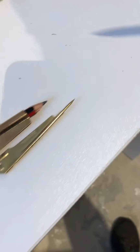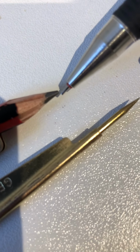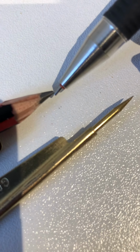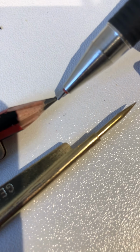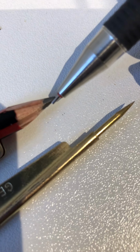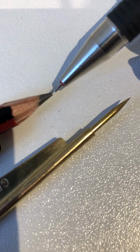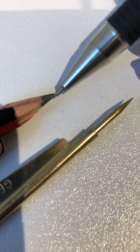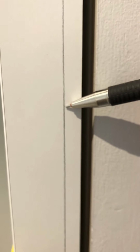Just a handy little tip for you. I set my scribe to line up with this part of the pencil right here. I haven't gone this side of the pencil, the center of the pencil, because as you can see, that started off as a fine tip. So I've lined this front part up where I need it, and that's what I'm going to work to. So when I go to buzz this, I am literally going to work